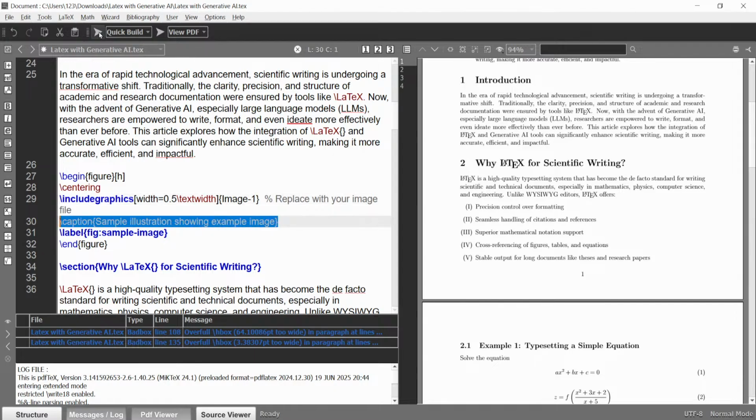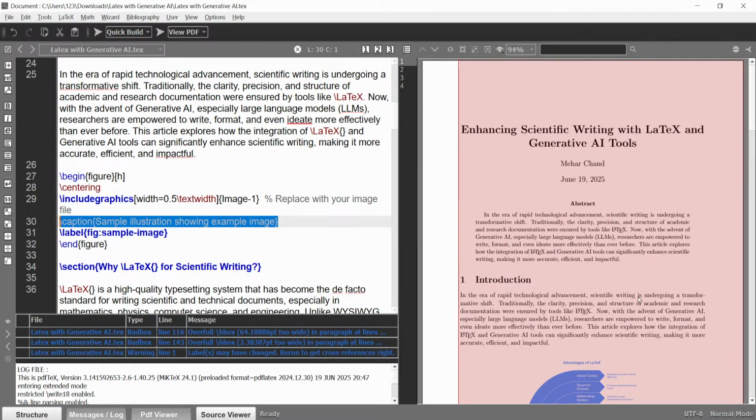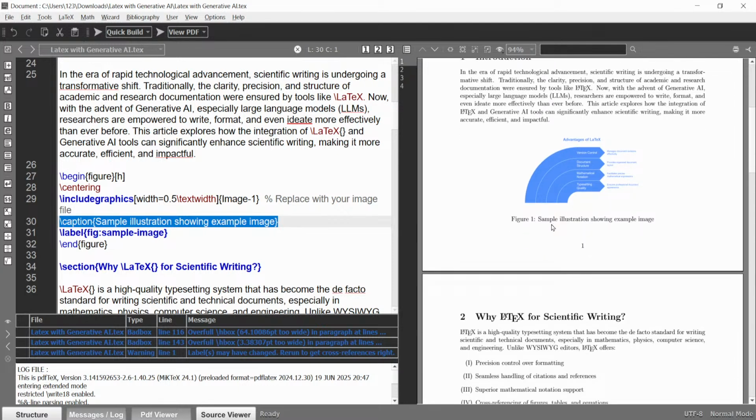Then when you run this code, you can see on the right hand side the image has been inserted at the place with the caption. Here we are using caption.